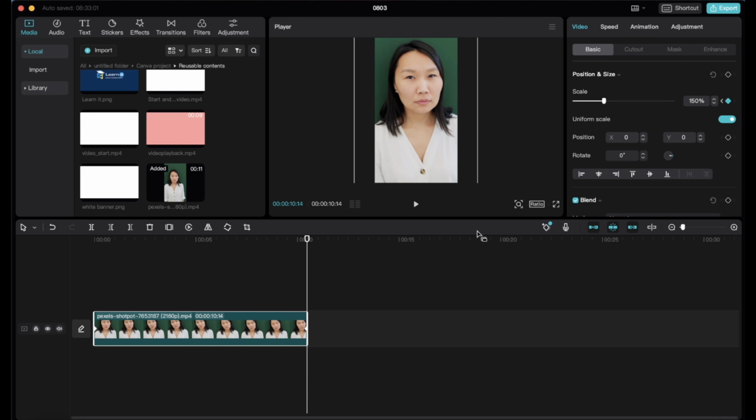With keyframes, you define the state at one point in time, and then you also define the state at another point, and then CapCut will move between those two different keyframes. You can also use keyframes on things like position or the rotation, and even in the blade as well.